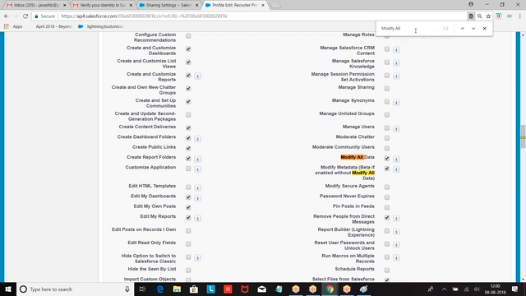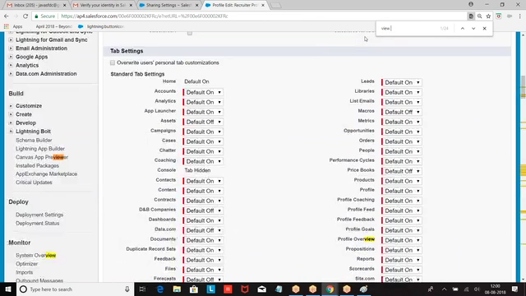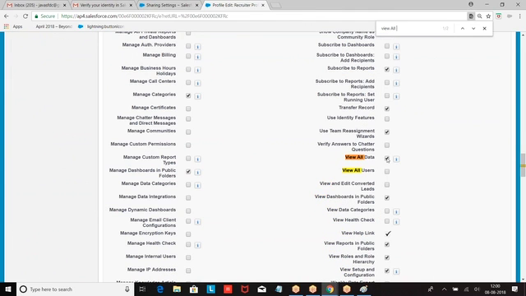Similarly, we have view all data. If I enable this, you will be able to see every record in every object of the organization. View all data, modify all data. View all, modify is on an object. On this object, I don't want to show everybody's data; whatever the data is in this object, that I want to show. So view all on object. Now entire organization data I want to show: modify all data, view all data.